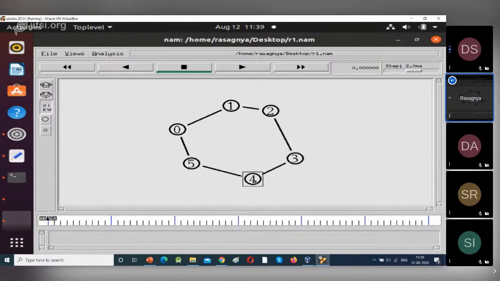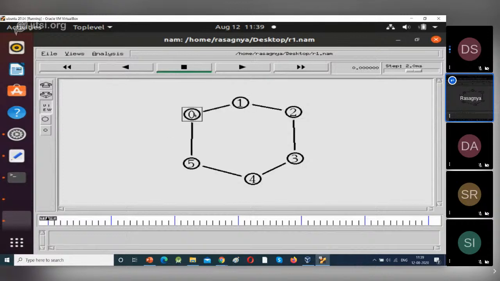Select the node, drag it. Now click on the play button. See, source is given to node 0 at 0 seconds. Increase the speed using this step. At 1 second, it will mention 2 as null. See, null is given to node 2 and blue color data is flowing from 0 to 3.